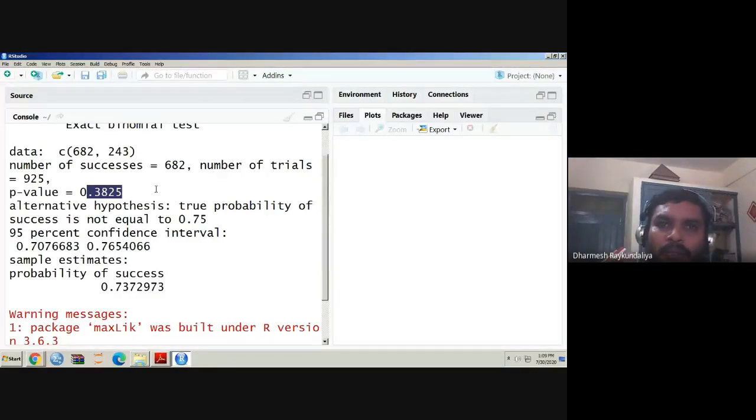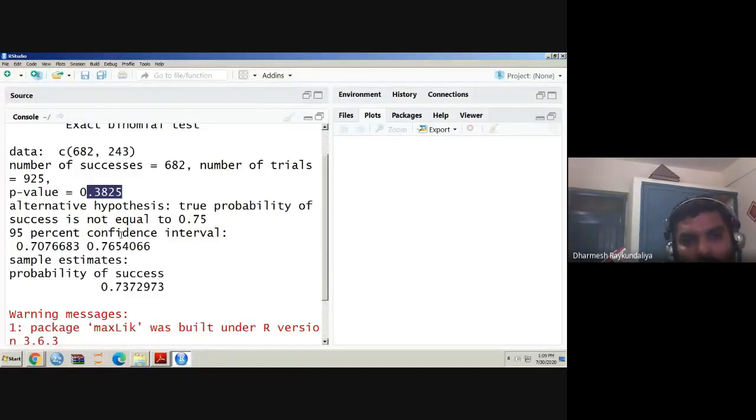Suppose I ask you the question: explain the one sample t-test. Then you have to give the basic assumptions of the one sample t-test, then the formula, which you have to supply, and then the test statistic value, and then you have a decision rule. In our setup, the decision rule we are taking is based on the p-value. So if the p-value is less than or equal to 0.05, we reject H naught. Otherwise, we accept H naught.